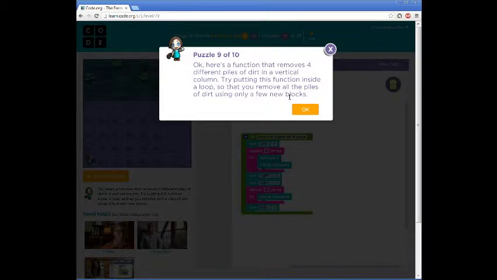Okay, here's a function that moves 4 different piles of dirt in a vertical column. To get it to keep moving forward as long as it just wants to go straight. Then when there's the turn, the if block will tell it to make this turn to the left. And you can see if we do that, if we're taking the turns to the left and